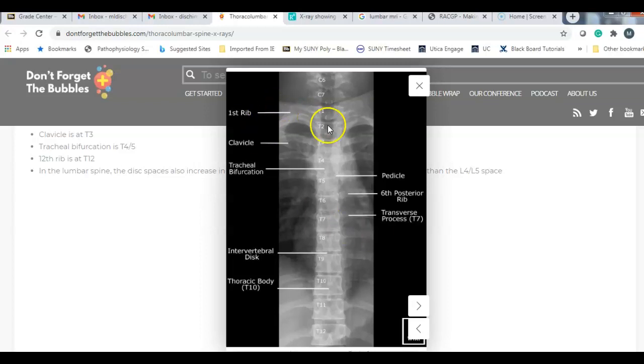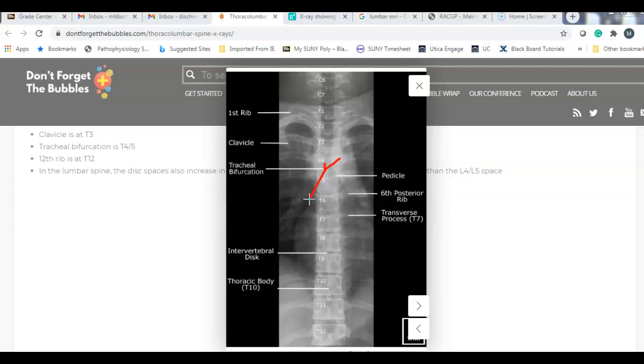They have the vertebra counted down for you. Okay. And you could actually see, oh, this is a great one. Normally I can't see this as well. The tracheal bifurcation. So you can see where the trachea bifurcates, which means it's splitting, which goes down to the,